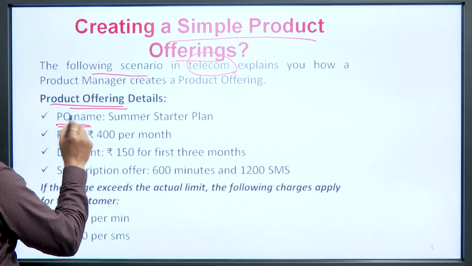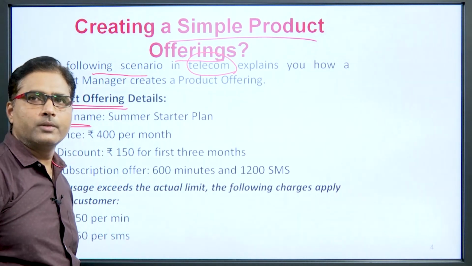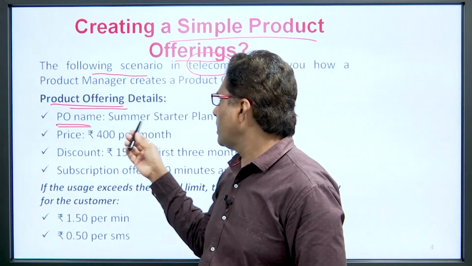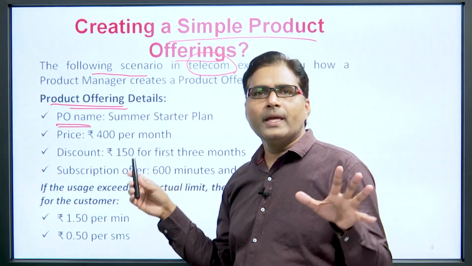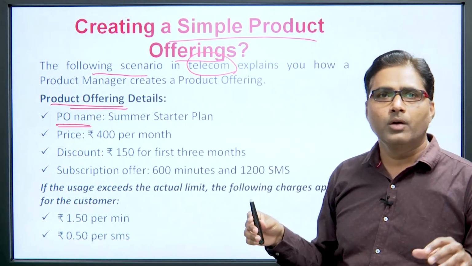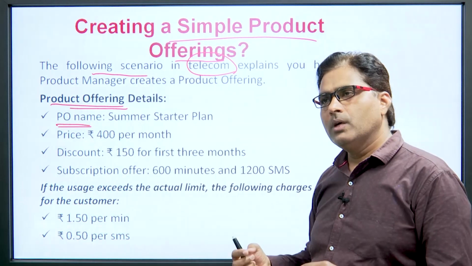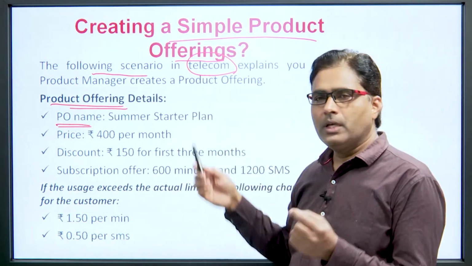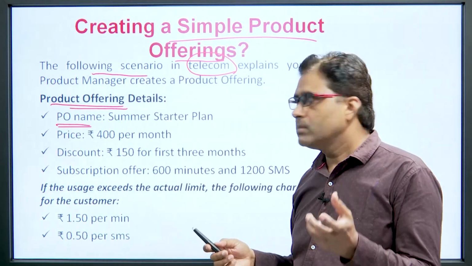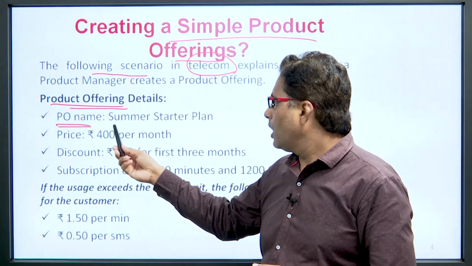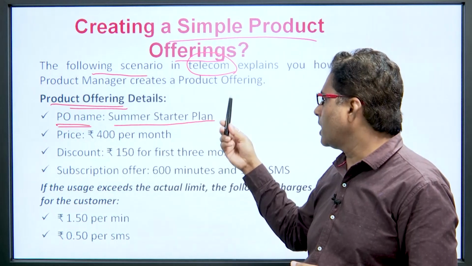It can be named the summer starter plan, and it can be priced at 400 rupees per month. If a telecom company is offering its SIM, its services with the name summer starter plan, at the price of 400 rupees per month,